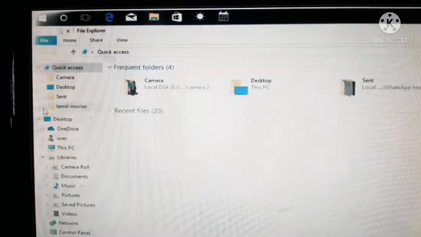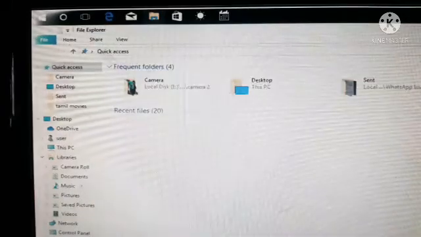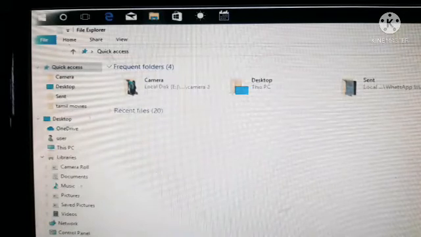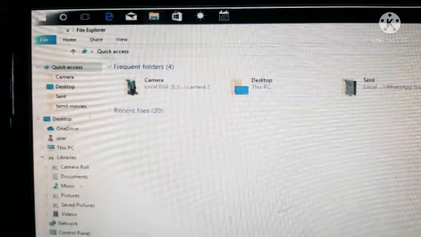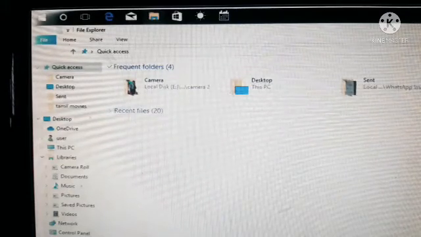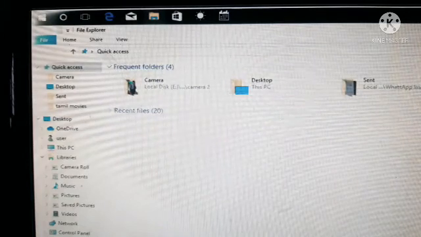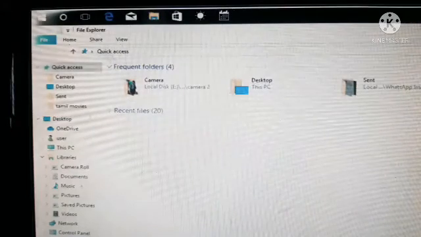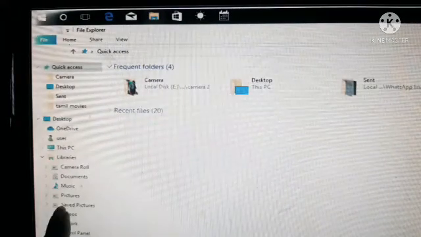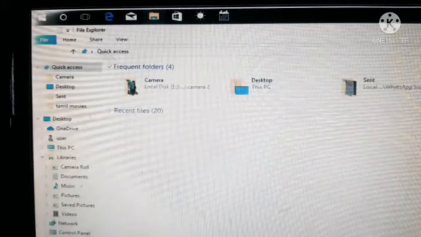A special type of folder is called a library. What is a library? The special type of folder is called a library. So now we know how to open the libraries, isn't it? First we have to open the File Explorer, then click on the View tab. In the View tab we can see the navigation pane. If you click on its drop down arrow, we can see the Show libraries option, and the library appears in the navigation pane.